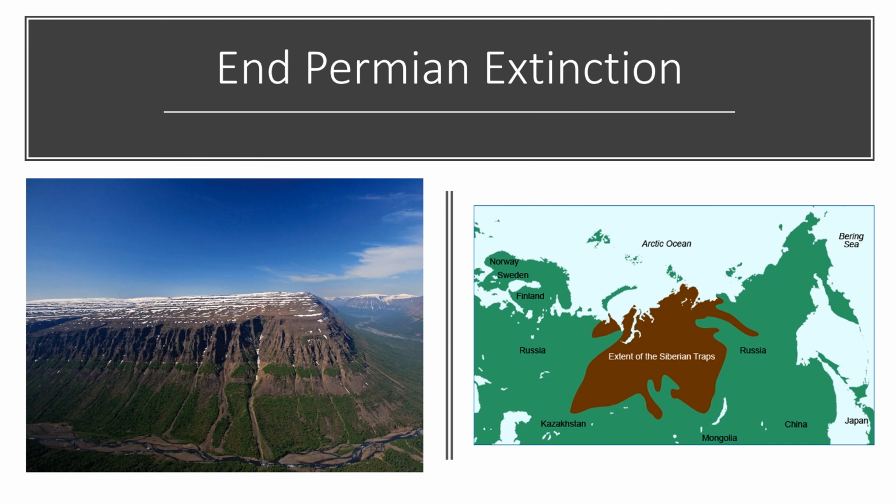Let's talk about the End Permian extinction, because this really plays into that first question. About 251 million years ago, a large area in modern-day Siberia began to experience massive amounts of volcanism, and this led to the greatest extinction event that we know of on the planet. In fact, it's called the Great Dying. And here's a map of the Siberian traps. And on the left is a picture of the Siberian traps, of all the volcanic activity or rock that was left over from that time period.